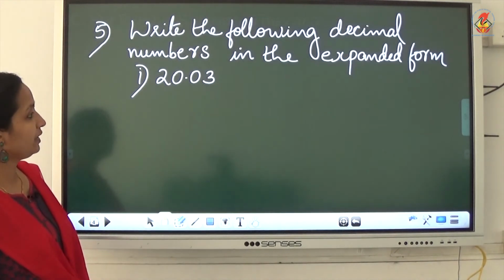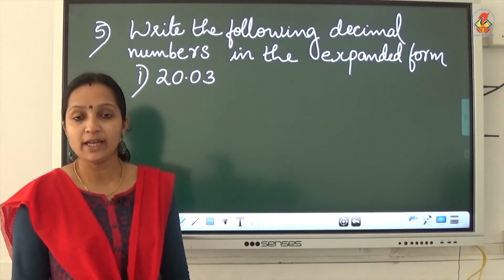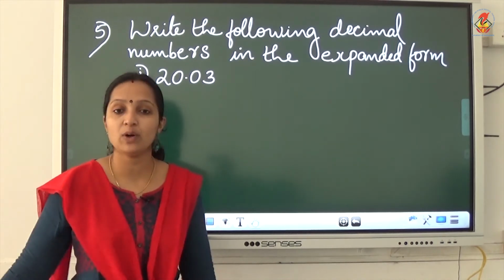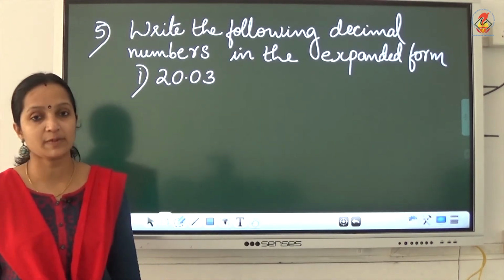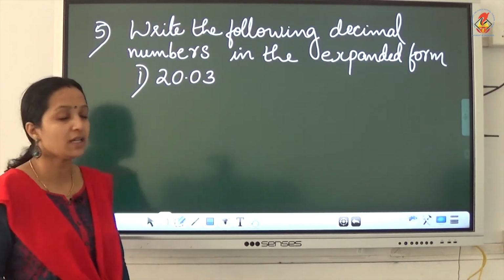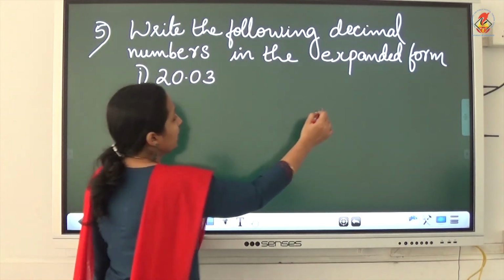Write the following decimal numbers in the expanded form. Expanded form we already learned, is it? If you know the place value of all the digits in a number, we can write the expanded form very easily, just including an addition sign to that. Now, look at this number,